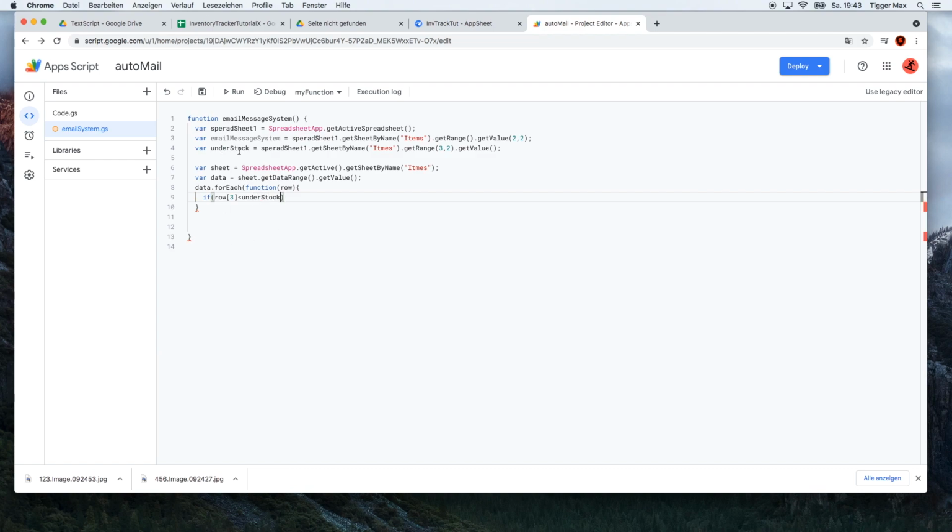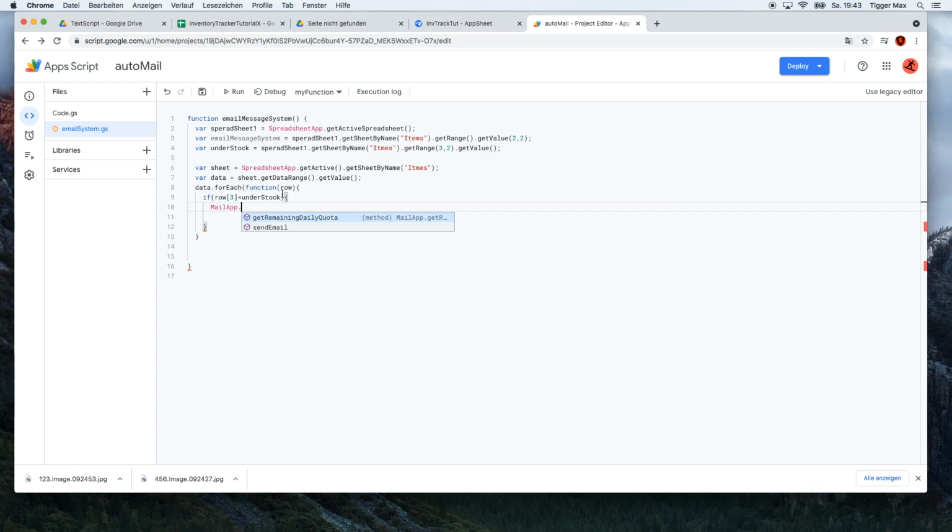So this is the under stock. This is basically our limit. Now we also need the curly brackets. So we say maybe, and if it's lower, so in the basically row 3, if it's under the stock,